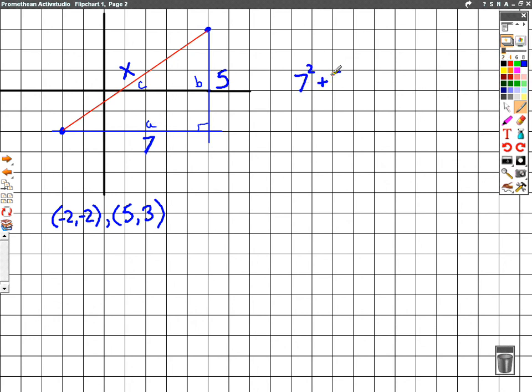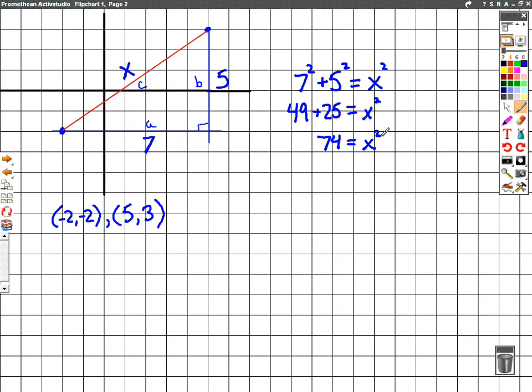7 squared plus 5 squared is equal to, and now I'm going to replace the c with x squared. X is actually the distance in between the 2 points that we have. So this is what we know. I got 49 plus 25 is equal to x squared. Now when I actually go about doing this addition right here, we end up with 74 is equal to